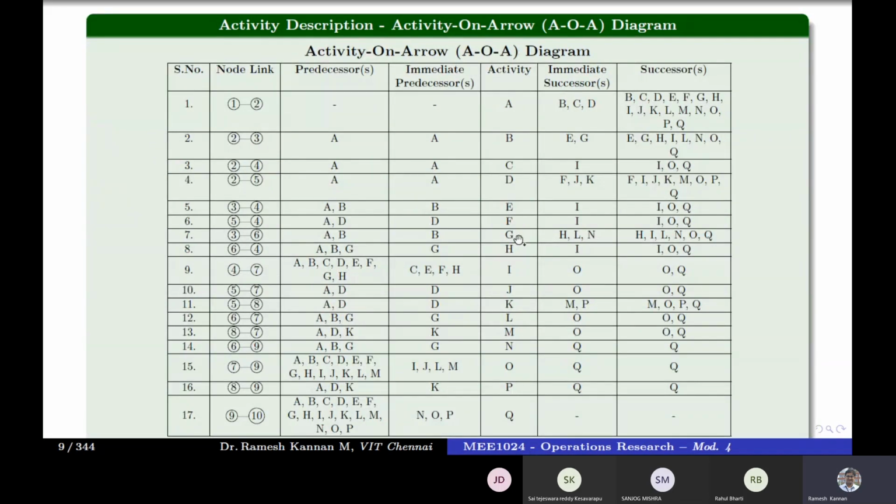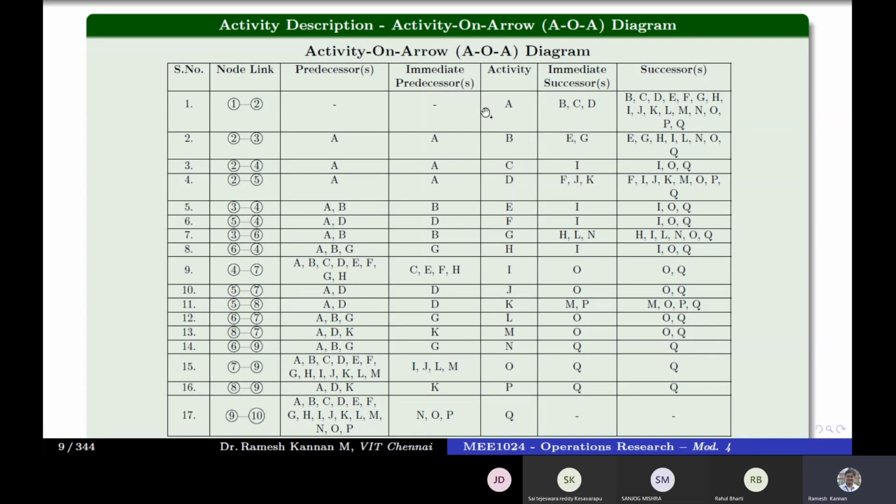This only will be very useful for us to create the network diagram. Given a problem or a statement to create a network diagram, only the immediate predecessor will help. Because for example, if activity Q has got all the predecessors, we may not know which activity Q follows immediately.